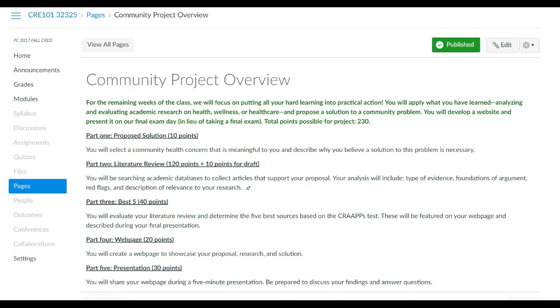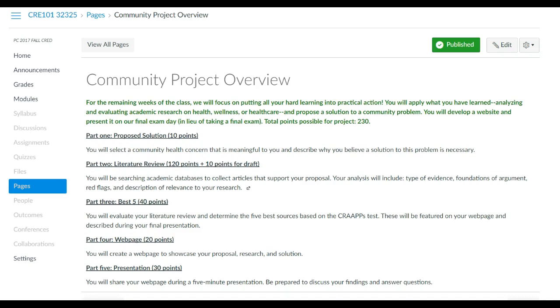We will not be turning in the formal literature review for almost a month, so right now your job is to just simply hone in on a very specific proposal solution and look for the kinds of articles that can